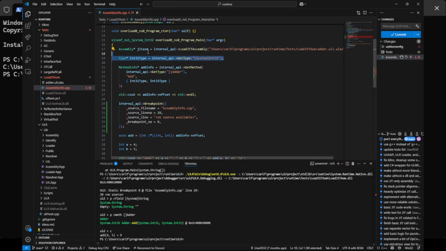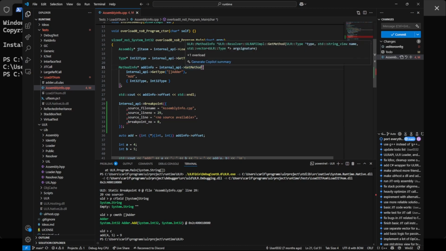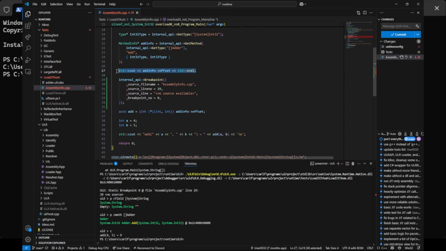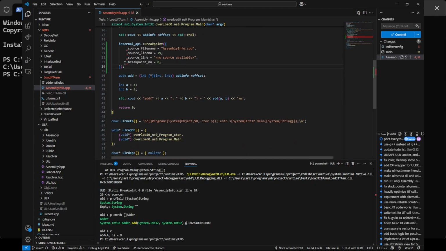So now what I'm doing is just using reflection to get the int32 type, and then getting the add method using reflection. So getting the adder using the metadata and everything. This is the signature, two int32s, or the argument signature. Then I'm going to output the offset. Then I just did a breakpoint, which for some reason now the syntax is acting up. And then